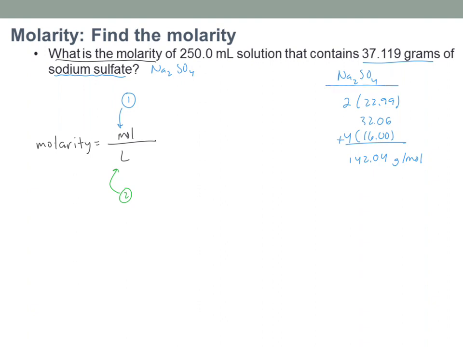So if I know the molar mass of sodium sulfate, I can convert that grams into moles. So it looks like I've got 37.119 grams of sodium sulfate. If I want to turn that into moles, apparently there's 142.04 grams per mole. And if I calculate that out, I've got 37.119 divided by 142.04 gives us